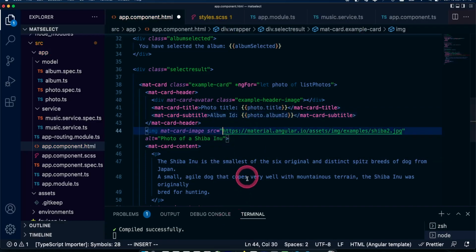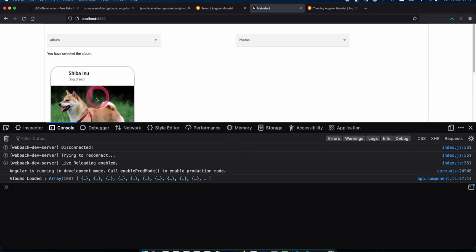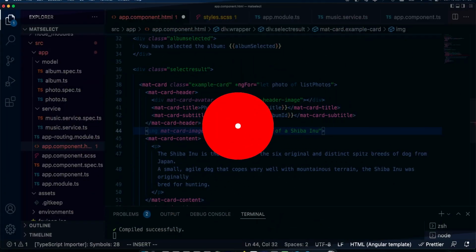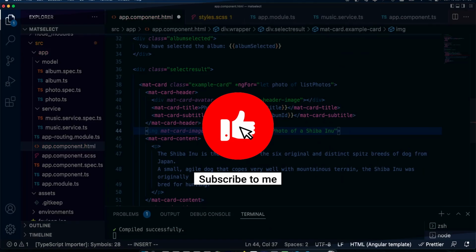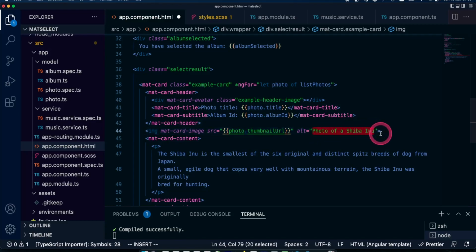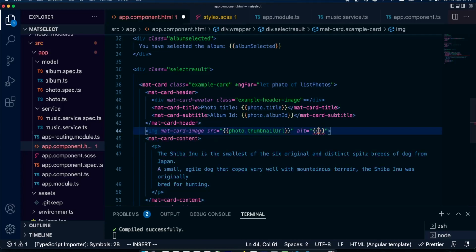Then in this image that is here, I'm going to pull the image URL. In the alternate text, I'm going to pass in the title of this photo.